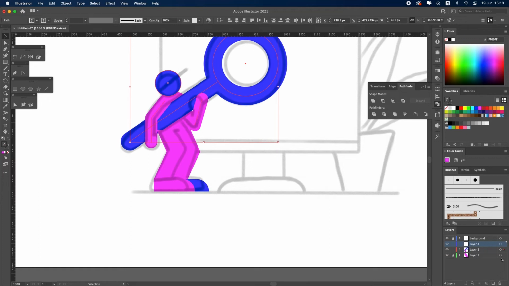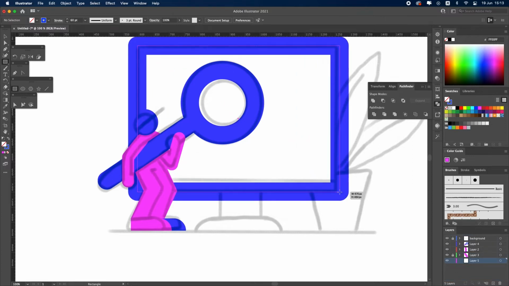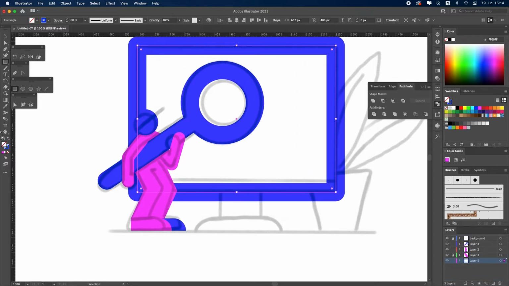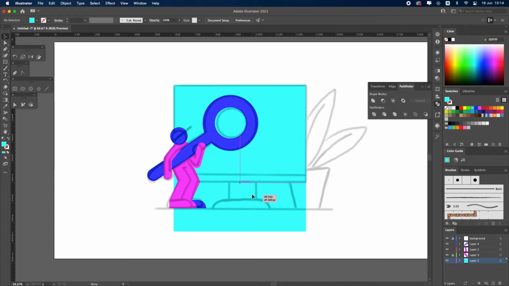Open a new layer and transfer all the shapes to it. Excellent! Now it remains to create the computer and the flower pot behind the character. To do this, we will open a new layer in the Layers window and drag it to the bottom of the layers window. We will select the rectangle tool, create the computer screen according to the sketch, and change the color of the screen.